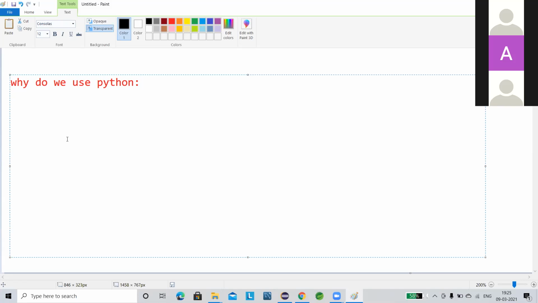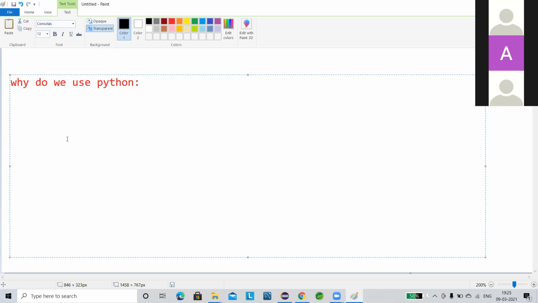Before that, let me start with what we use Python for. The main thing is software quality, or you can say code quality. I will show you that instead of these 5 or 6 lines of complexity, I can reduce it to a single line, that is a print statement. And here you don't have to write the main function or the class, you just directly use the print statement and print whatever you want. So your code becomes more reliable, and the quality becomes more accurate.